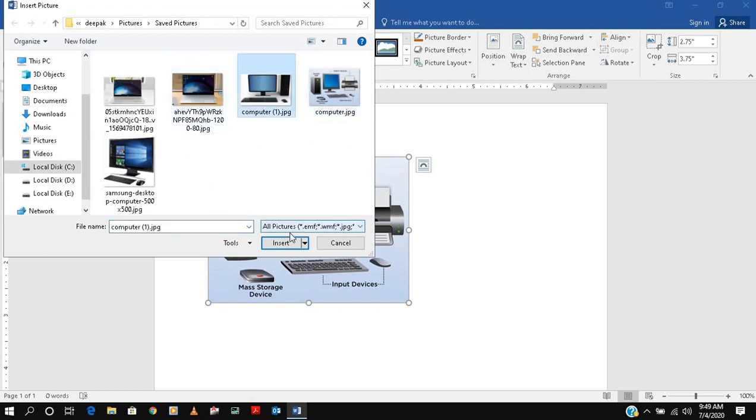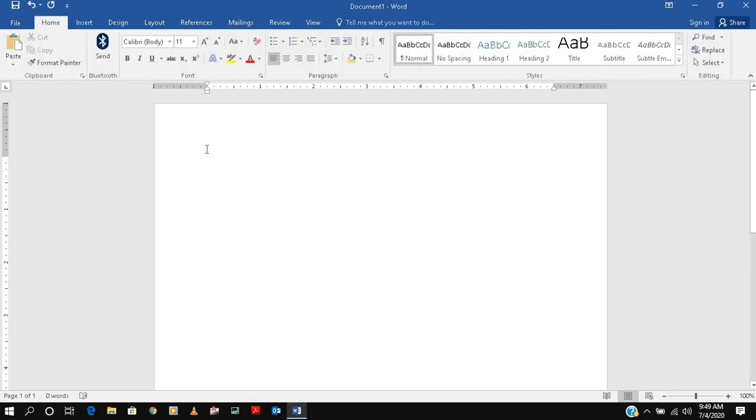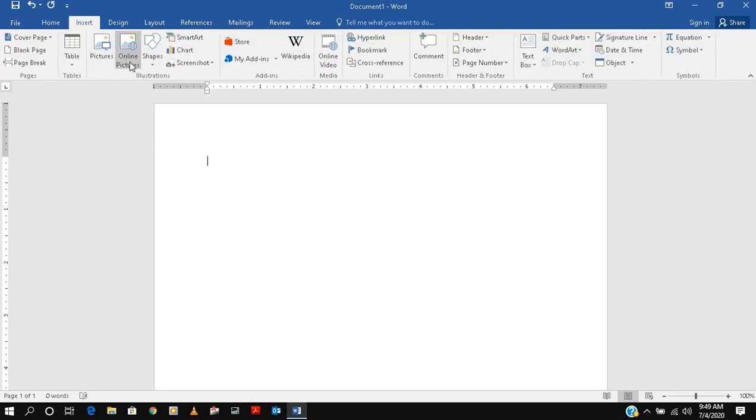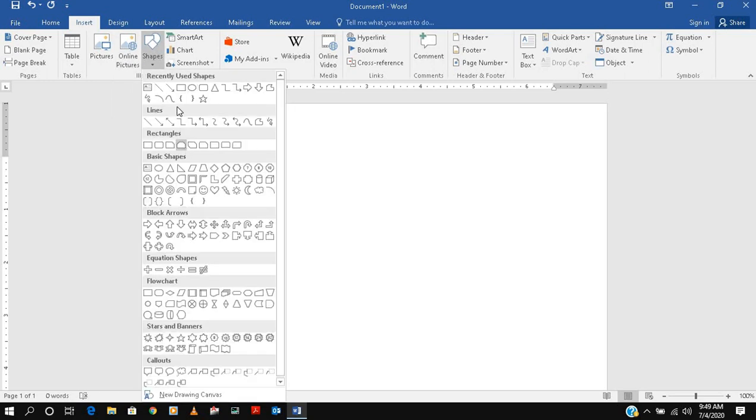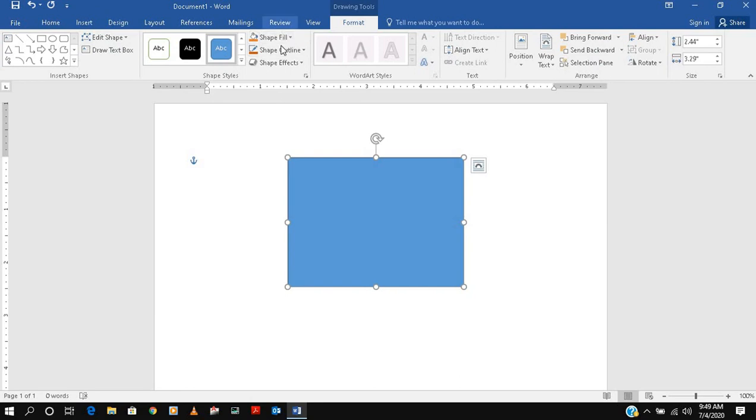Suppose you want to add this, the picture we already added becomes another picture. Then we have online picture, you can take online pictures. Then we have shapes.